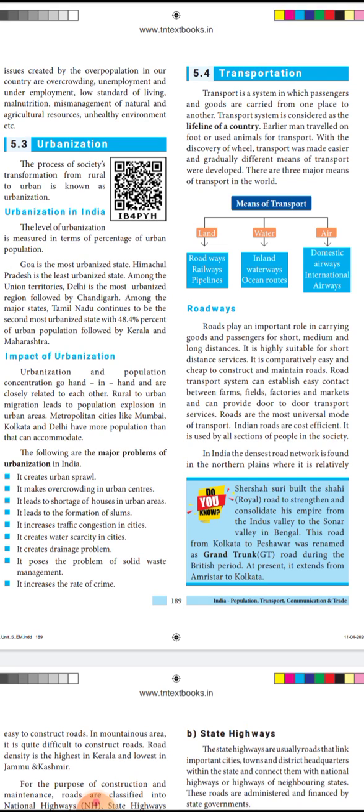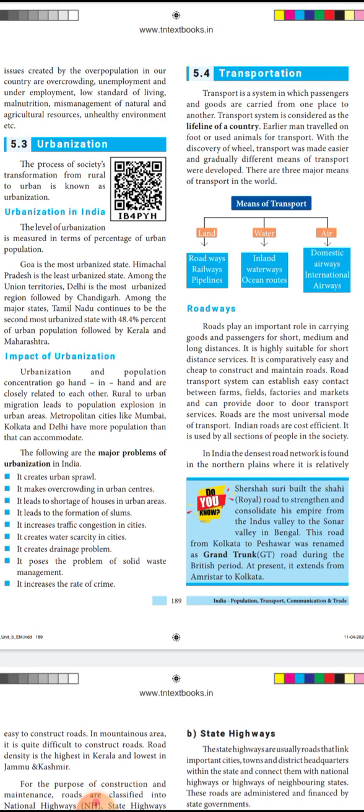selling of goods. We have two important things in trade, that is imports and exports. You all know that importing is getting it from another country, exporting is giving it to another country. The difference in value between the imports and exports is called the balance of trade. When the value of exports exceeds the value of imports, it is called a favorable balance. And the reverse, if imports exceed the value of exports, then it is an